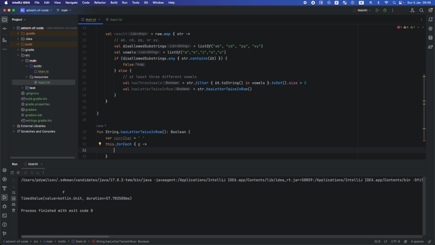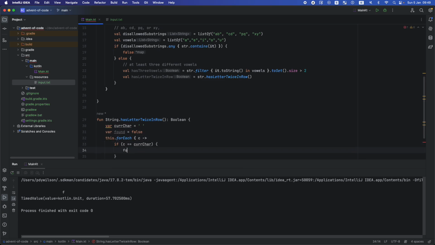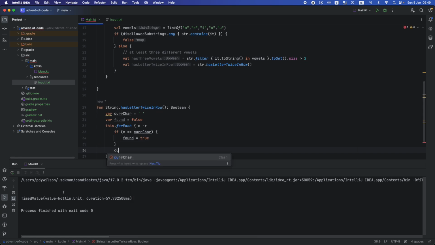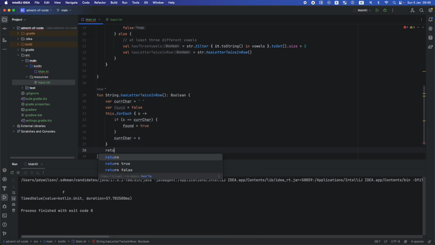So for each character, we check if c equals car, then we have found equals true, car equals c, and then we return found. So we start with this car and we say